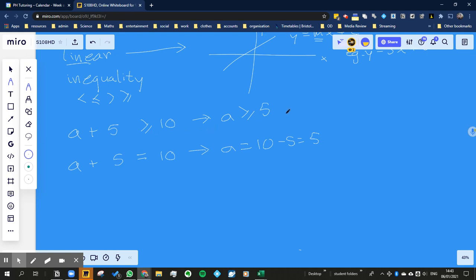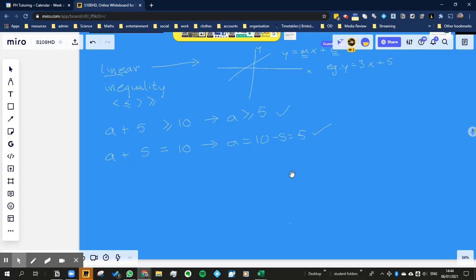It is now solved. In both cases, we can't say what a is because we never knew what a plus 5 is. We only knew that a plus 5 was equal to or greater than 10. So a plus 5 could have been a million. We don't know. We just know that a plus 5 is greater than 10. So could a be 3? Well, no, it can't, because we've worked out that it's equal to or greater than 5 by rearranging the equation. Okay, so that's the